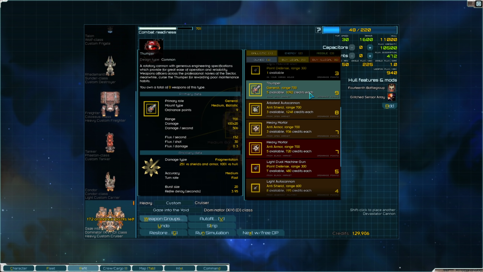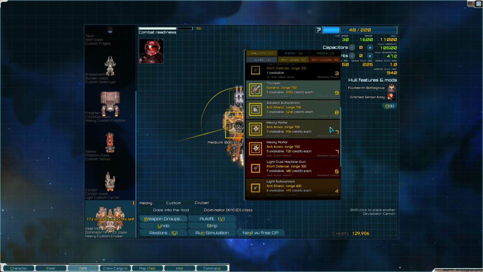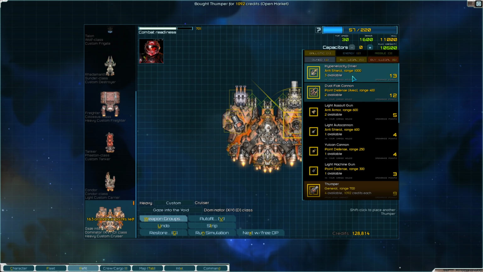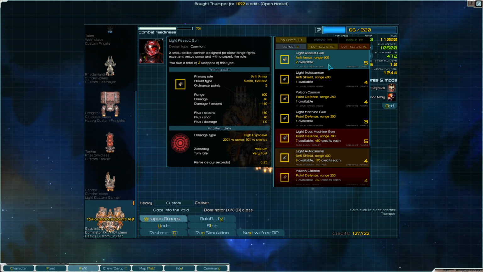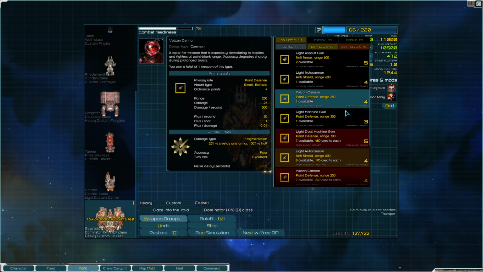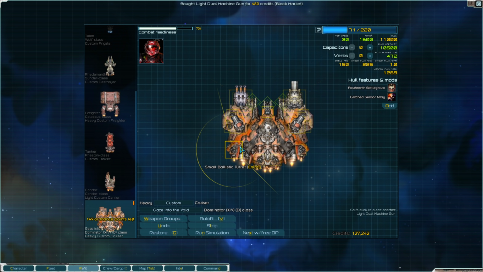They have thumpers. Oh no, they have heavy mortars. I'm gonna go with thumpers. They have more utility, variable utility. Let's go with some point defense. So dual machine gun in the front, dual machine gun in the back,